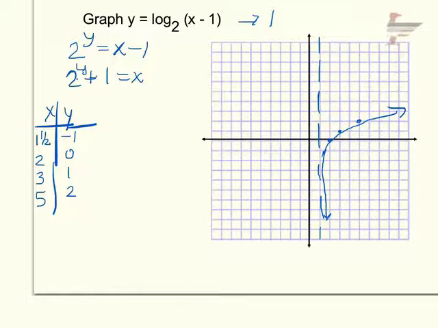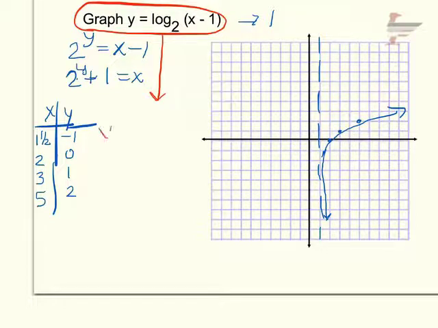But now what I want you to do is pick up your calculator, and I'm going to change colors. I'm going to use red for my calculator process. Okay, so I'm going to take this equation, and I'm going to use the change of base to type it into my y equals. So if I go to my y equals screen, I'm going to type in log of